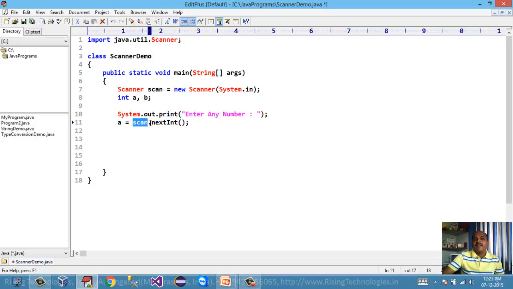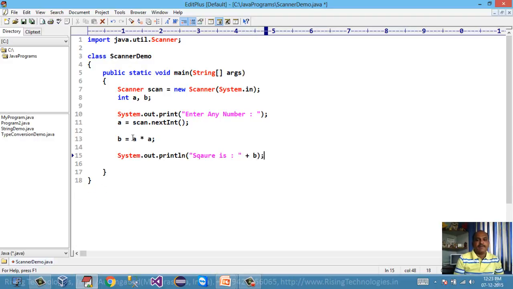This statement will read a value from keyboard, convert that value to integer, and then that value will be assigned to this variable a. Now I want to calculate its square. So b = a * a. Then I just need to print the value of this b variable along with the string "square is" plus value